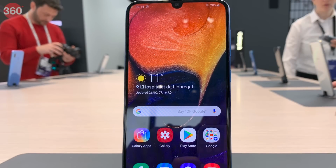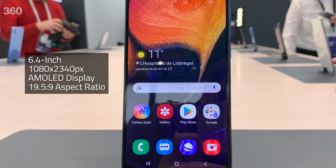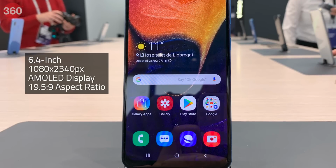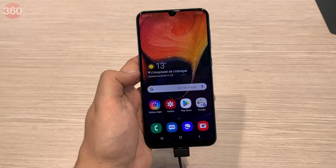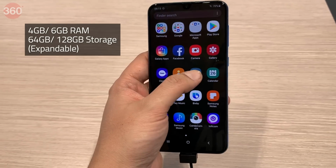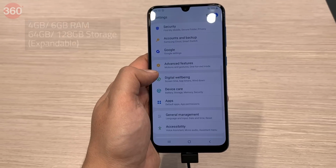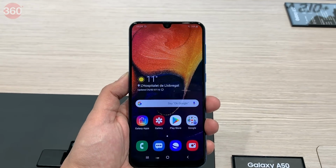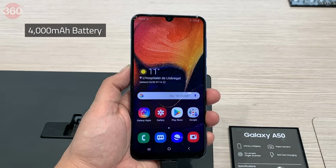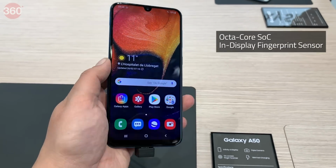The Galaxy A50 features a 6.4-inch Super AMOLED Infinity-U screen with Full HD Plus resolution and a 19.5:9 aspect ratio. The phone comes with 4GB and 6GB of RAM options along with storage options of 64GB and 128GB. Storage is expandable via a micro SD card. Additionally, the company has packed a 4000 mAh battery, an unnamed Octa-core processor, and an in-display fingerprint sensor in the Galaxy